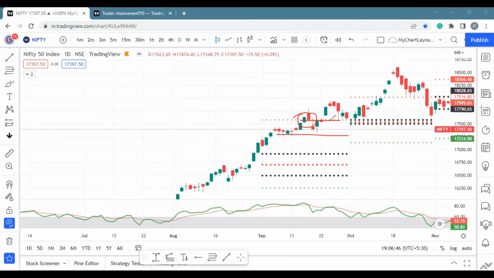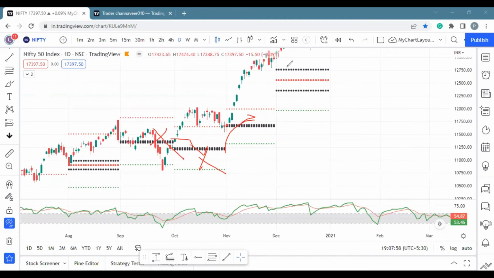Well, you can clearly see another opportunity, a breakout of that CPR with a pin bar, keeping the SL below. You could have driven that trend. You could have got a huge reward.